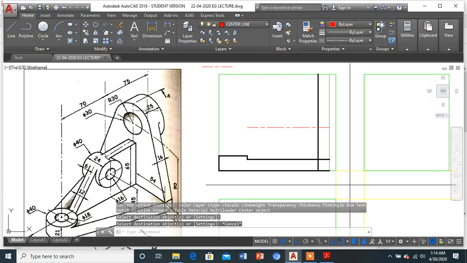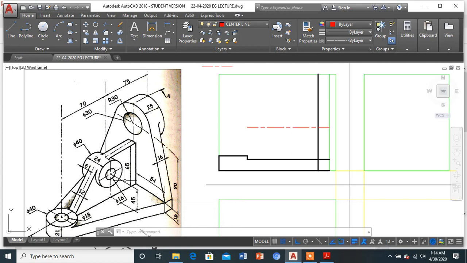From the extreme end, this particular center line over here is at a distance of 70, so first of all, let me get the center line over here.